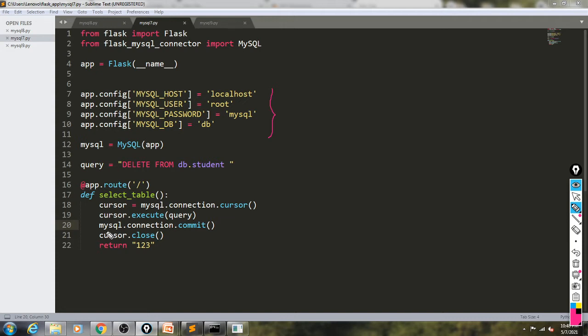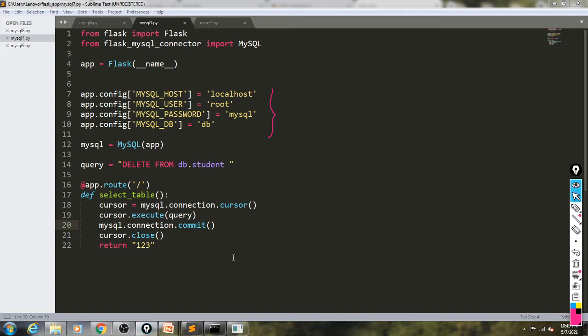That's why you should use here commit method, mysql.connection.commit. So remember one thing, you should write commit every time when you are going to change or modify the contents of the table, okay, or the fields of the table. Then write here cursor close. So we have to close the cursor and then return.